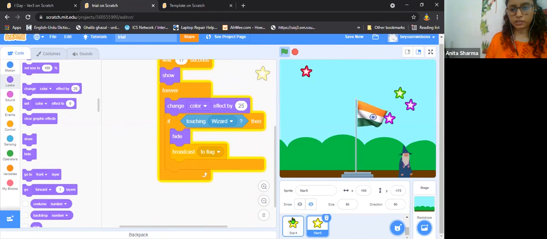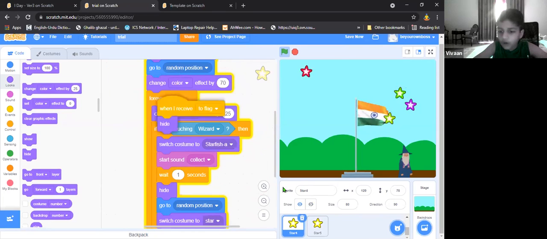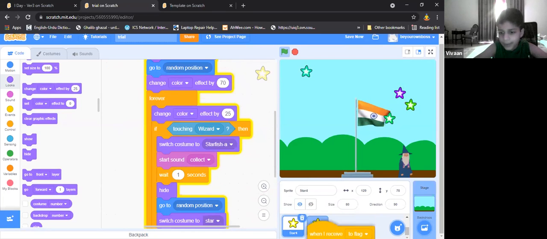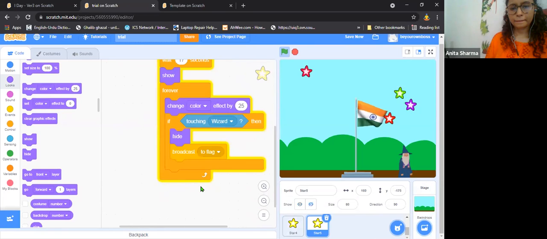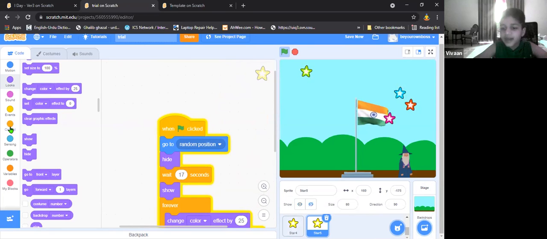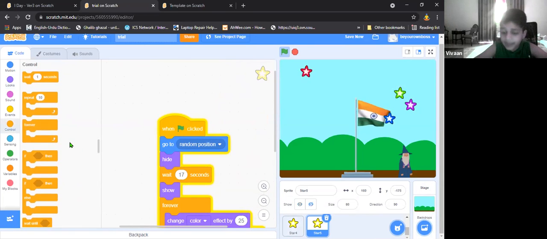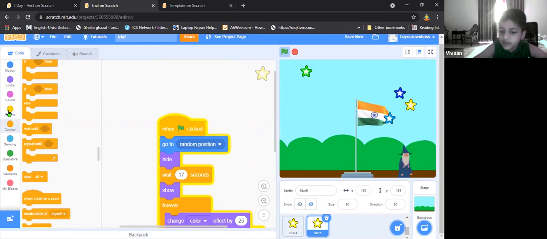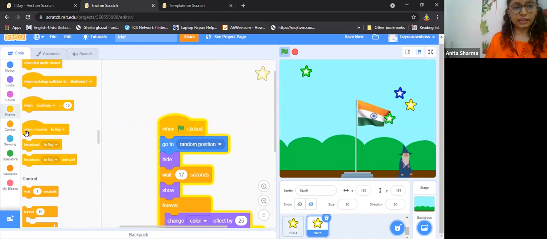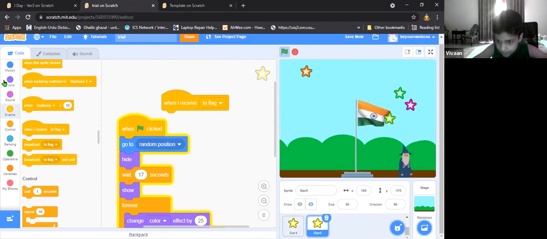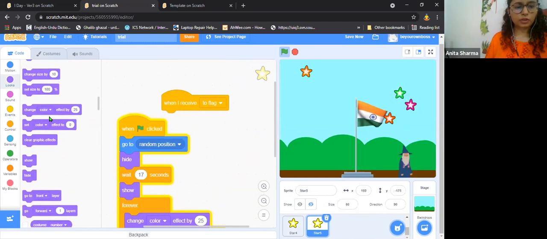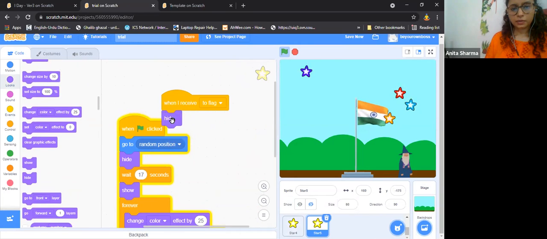Let's copy it once again. Do we have to put when I receive 2 flags and hide in all the stars, even the special star? Exactly, that special star shouldn't be there because its job is also done, so it will also hide.